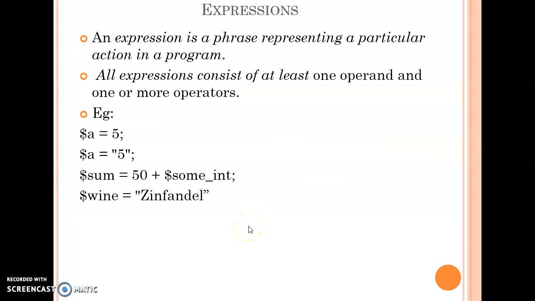Expressions. An expression is a phrase representing a particular action in a program.